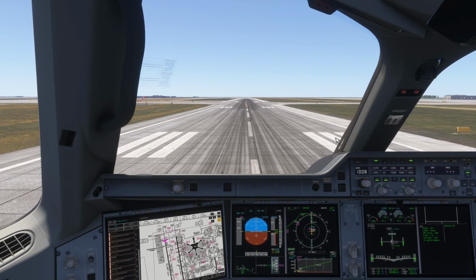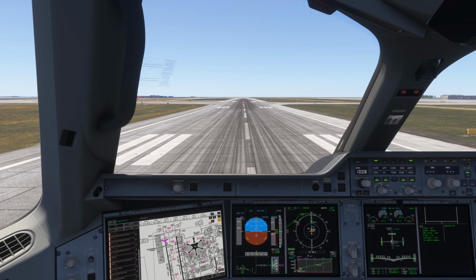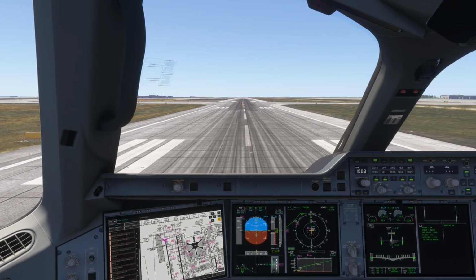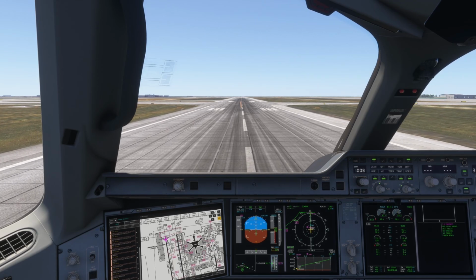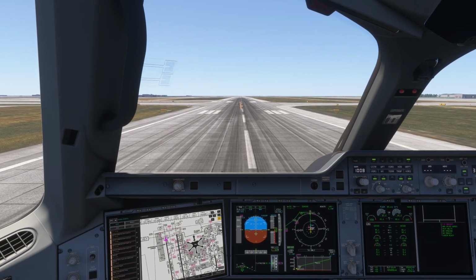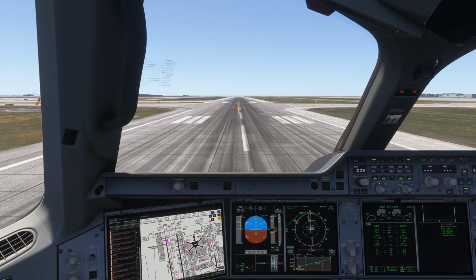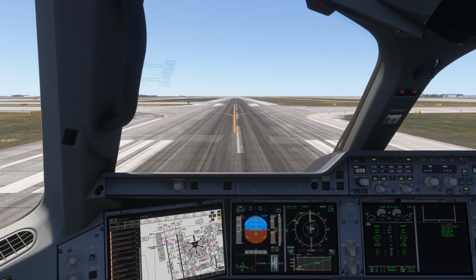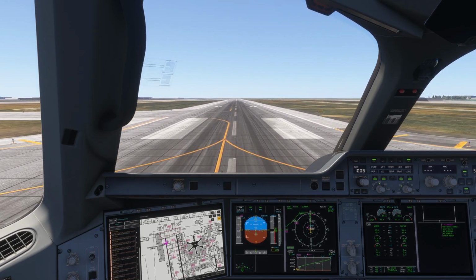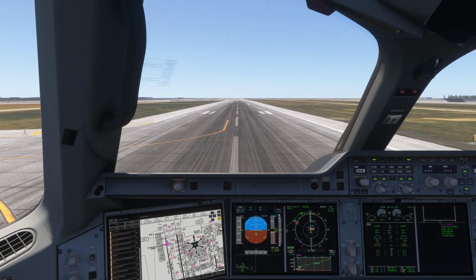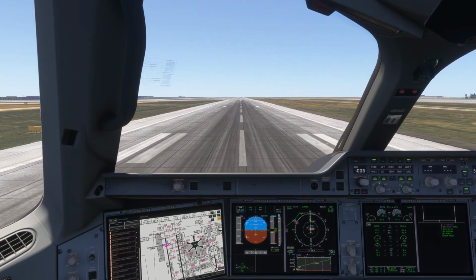Start the clocks. And takeoff. Man, flex. SRS, runway, autothrust is blue. Okay, so, yeah, airspeed's alive.